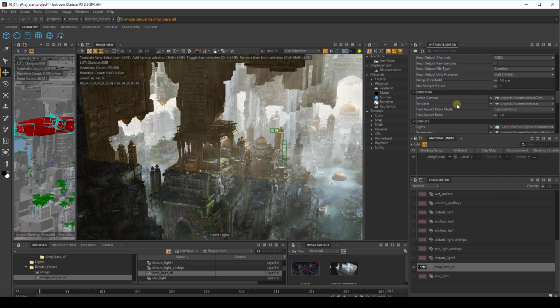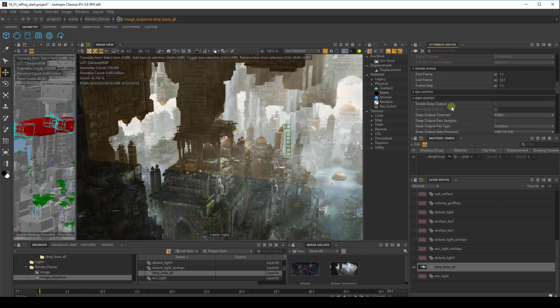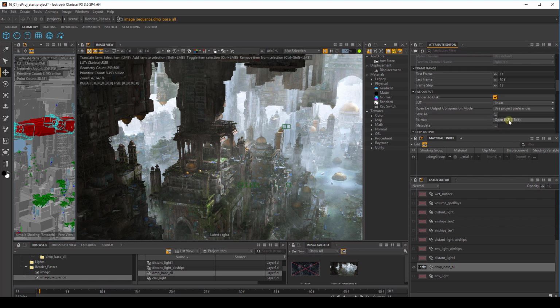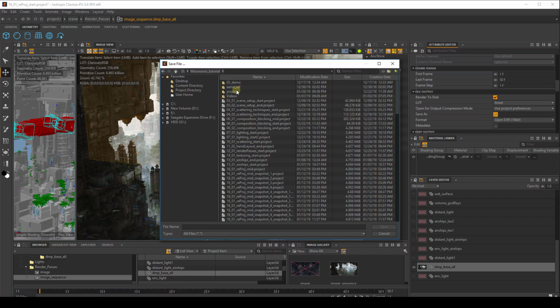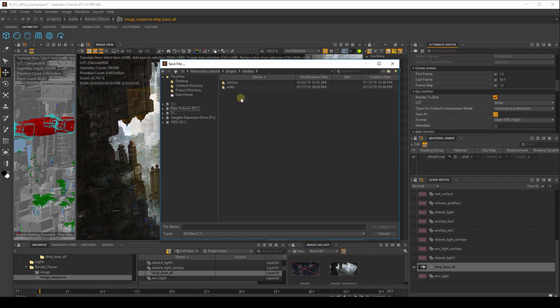and I can scroll to file output and click render to disk, select my format, and then I will go to save as, and let me just go into my renders folder, which I have made for storing all of these renders. Okay, I'll just do it out here for the sake of the example, but we will call this DMP underscore